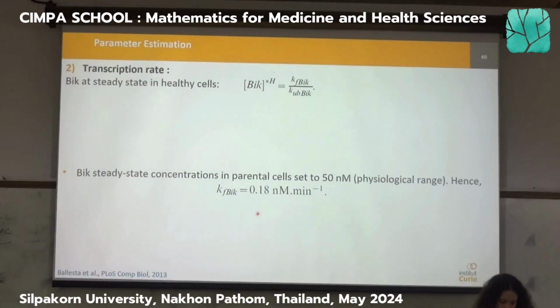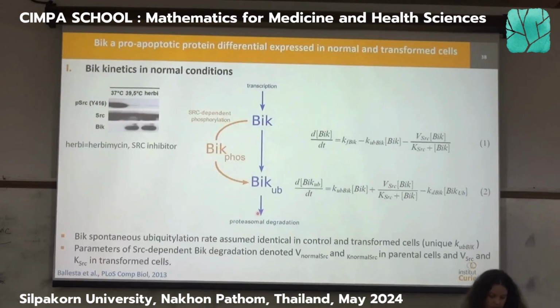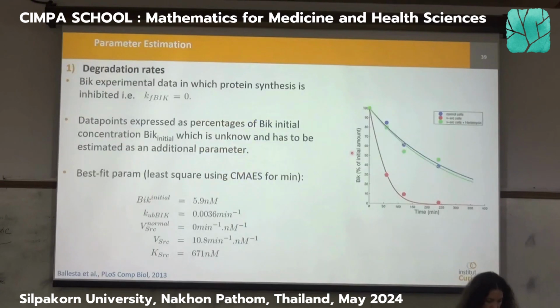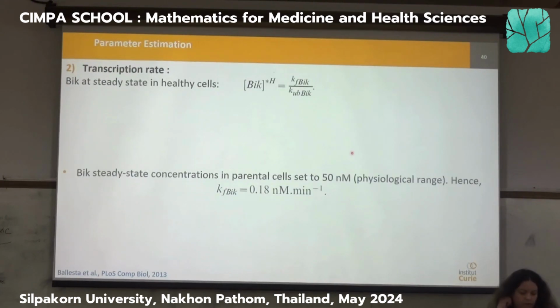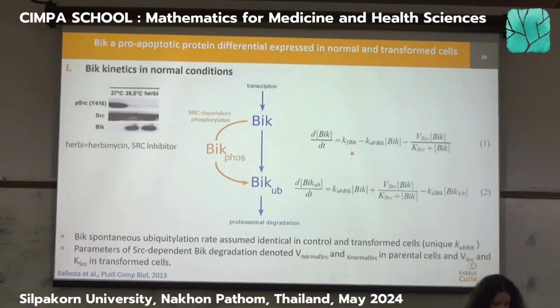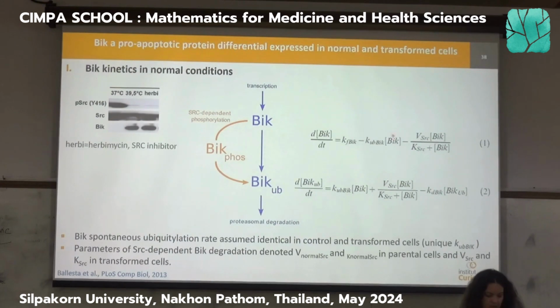Okay, so now, maybe going back to the full equation. Now we have K, V star, K star, so we are missing F big. This is the last step of the parameter estimation. For this, we are going to use the steady state. It's really easy to compute the steady state from the equations. You can do it at home, especially now that you know that ISRC is equal to 0 for the normal cells. So this term is actually equal to that.